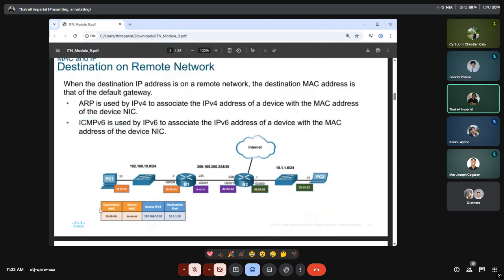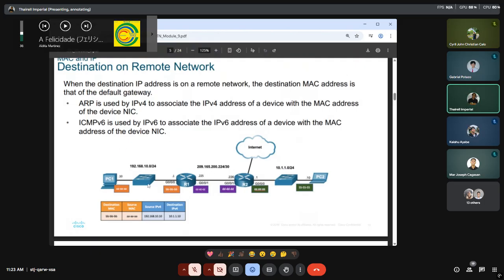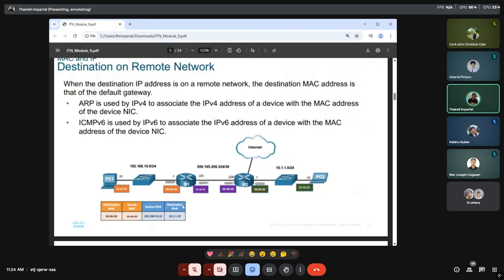So that means the destination MAC address that's generated by your source device, if there is an existing IP address within the network, is basically generated through the IP addresses. If the IP address had already existed, now you might have this question: when will be the cases that the IP address had already been generated by default?